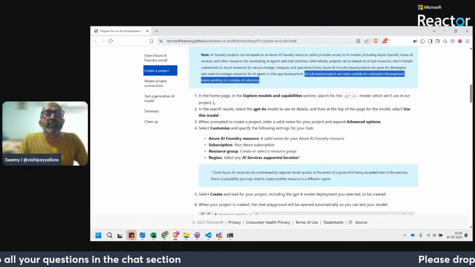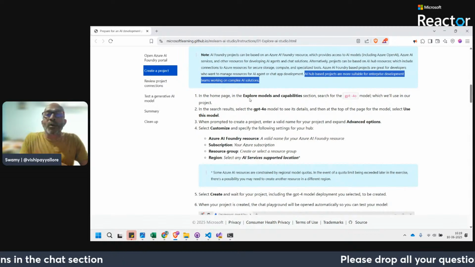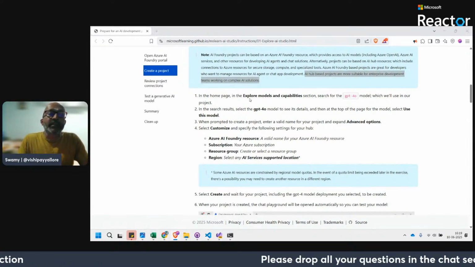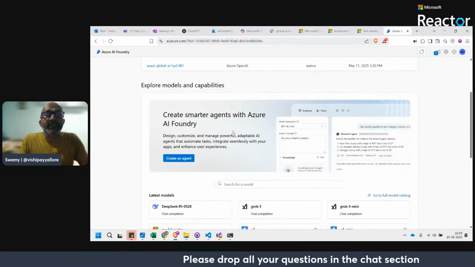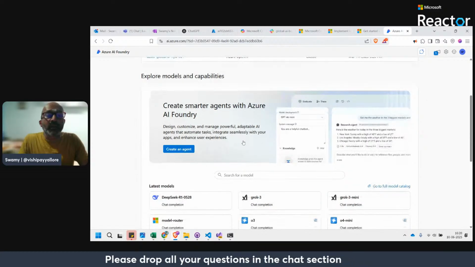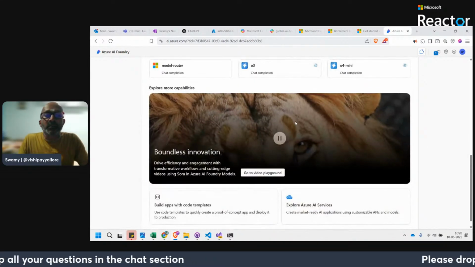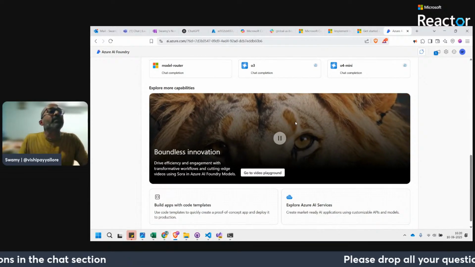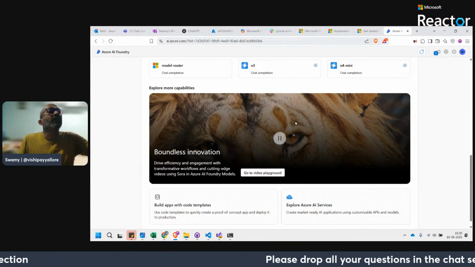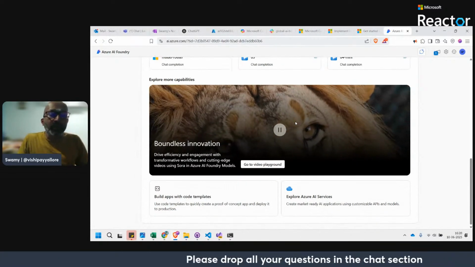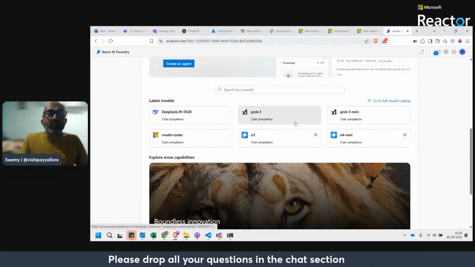So now see this on the home page, explore models and its capabilities. You can see this. We do have that explore models, and some of the things it is giving, but we will be able to explore the models.